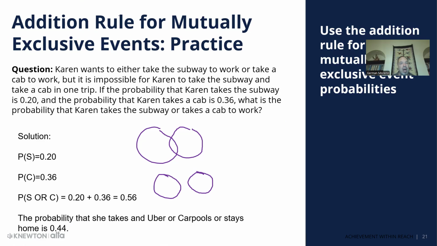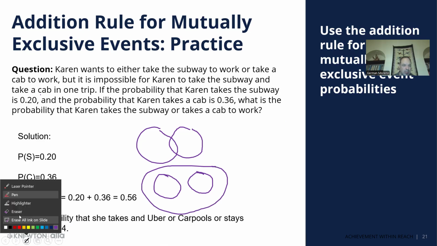Karen wants to either take the subway to work or take a cab. Can't be on the subway and at the same time take the cab. So it's implied that it's mutually exclusive. So you're looking at this type of situation where the circles don't touch, and so you